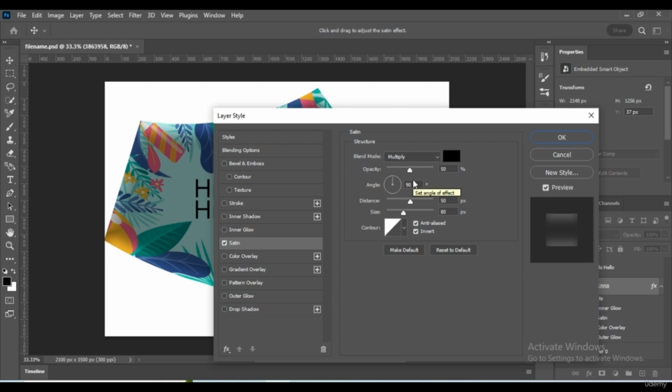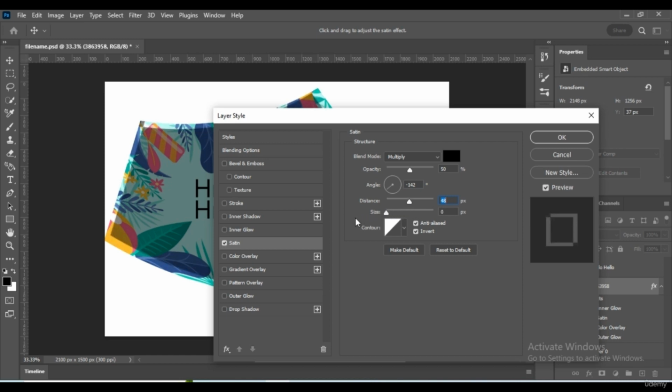In Satin, we have blend mode, opacity, color, and angle, which sets the slant degree of the object shading. Then the spread, here named distance, sets how much area the shading spread covers. Size is the size of the shading.